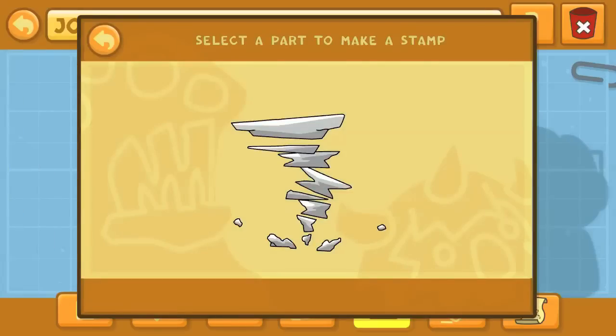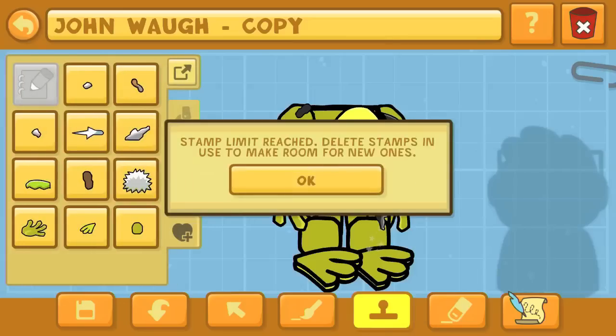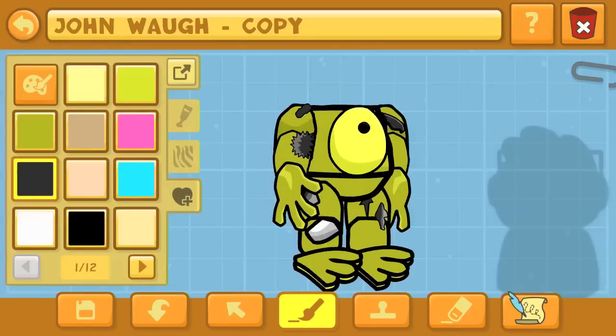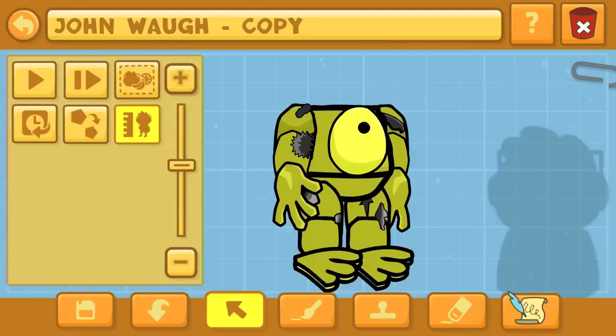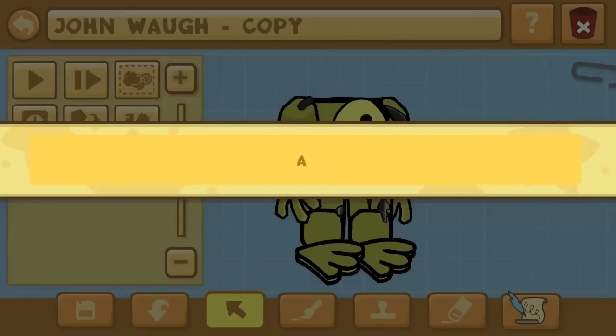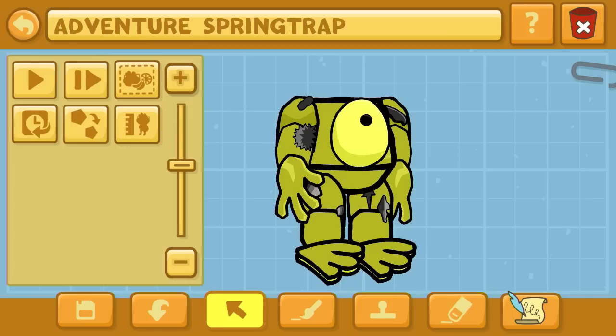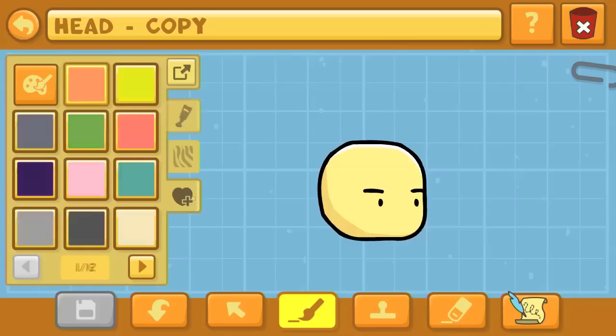And so now we're going to reach the stamp limit with this last stamp right here. This game, although called Scribblenauts Unlimited, it does actually have a limit to how many stamps you can use. Got him! So a stamp, of course, is anything we've placed down, like the tornado pieces, or the ghoul fins, the golem pieces, all of that stuff, they're each a stamp. So this is all looking good. I think we've got a good model for our Springtrap body right now,